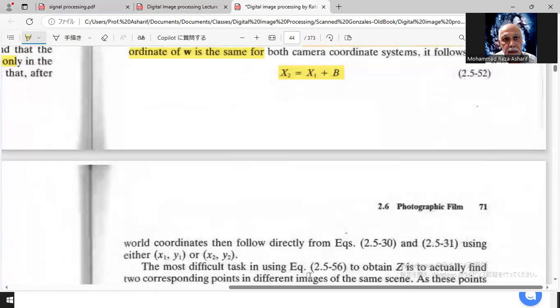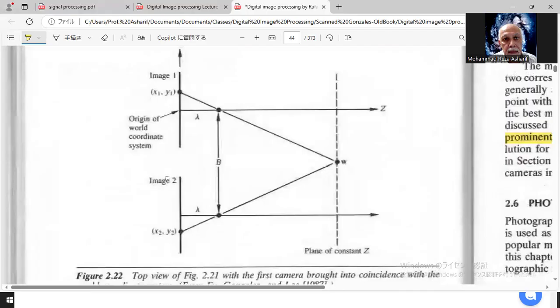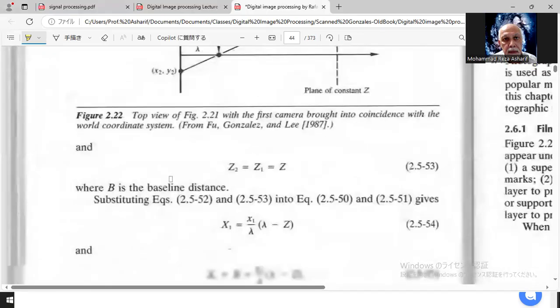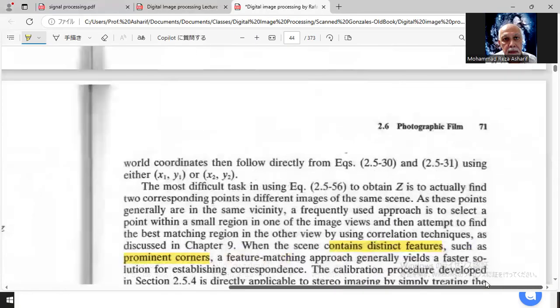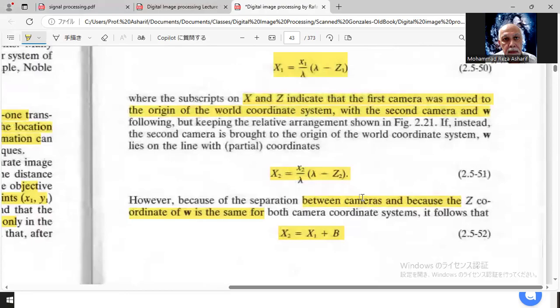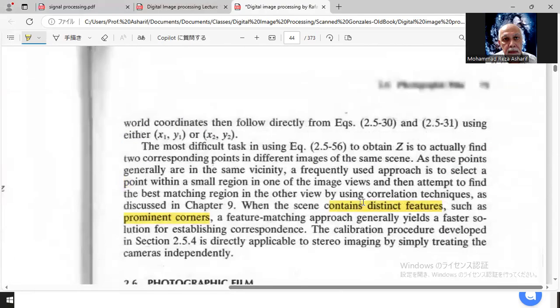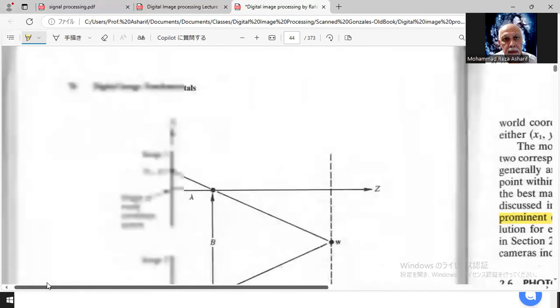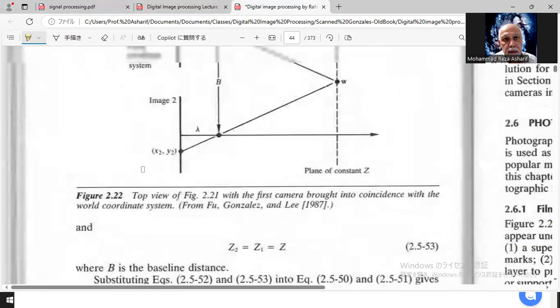And with these two, I will tell you about this. Simply in this figure, I can tell you better here. Okay, so here in this figure